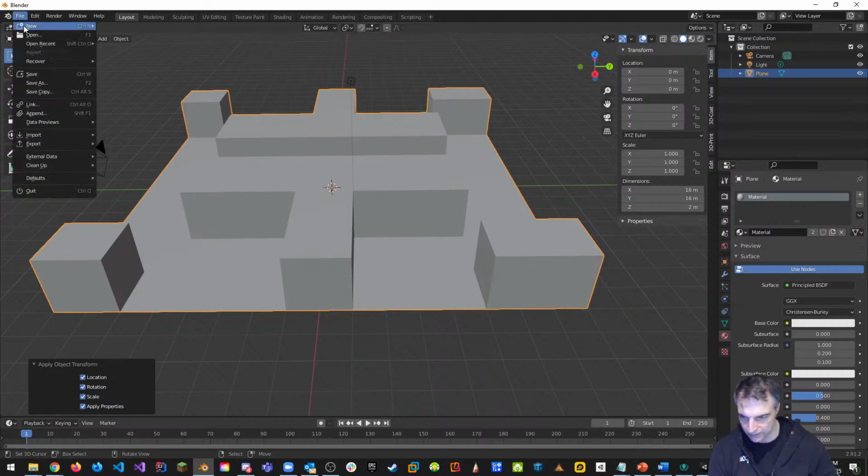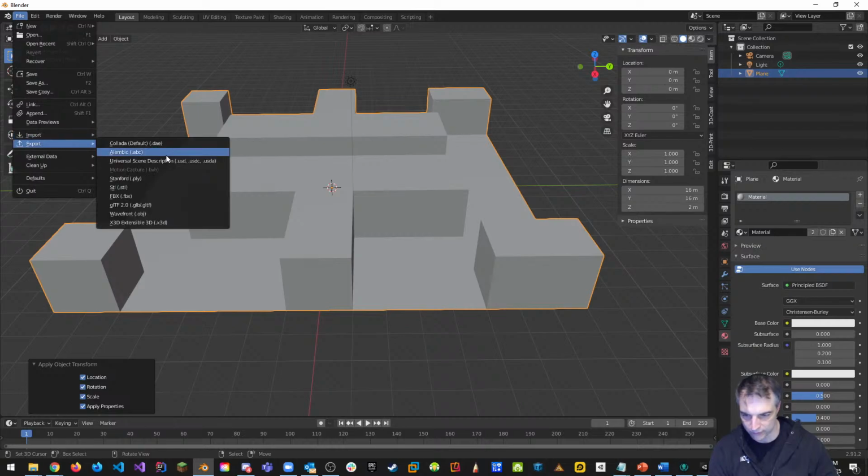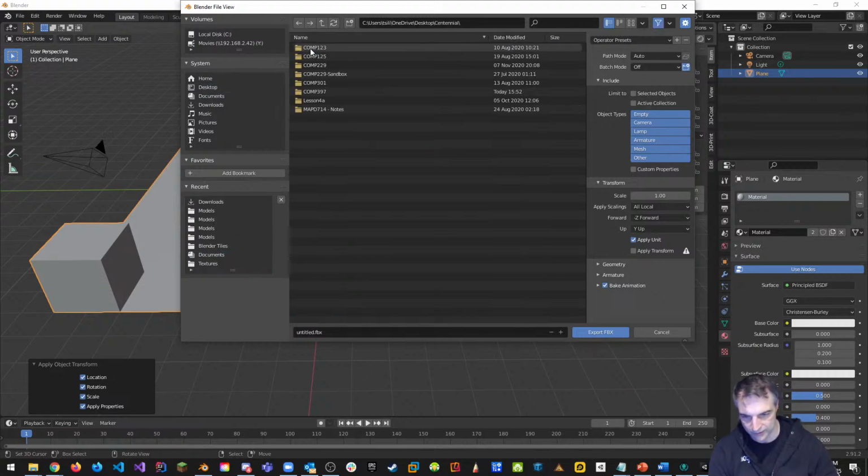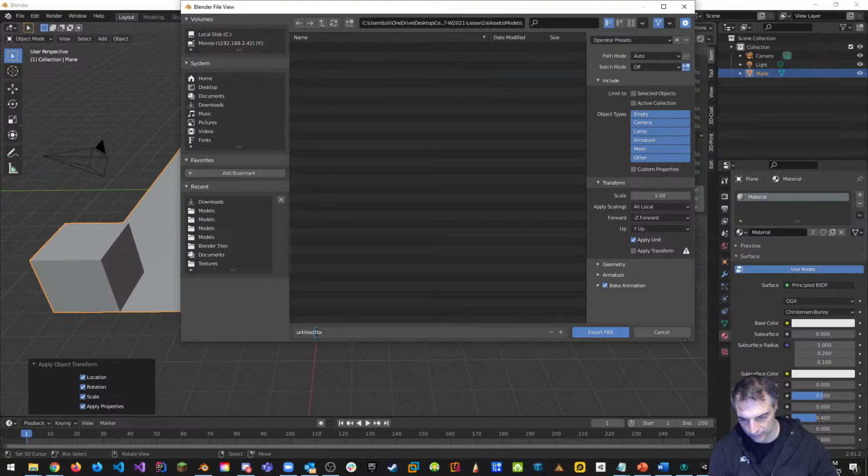So I'm going to say File. I want to go Export, and I want to export to FBX. So Filmbox, that's what it stands for, filmbox.fbx format. And I'm going to save this inside of my desktop, wherever I have my Centennial, inside COMP397, and inside Lesson 2A, inside of Assets, and then Models. And I'm going to change this so it says tile2, because it's the second tile I've made,